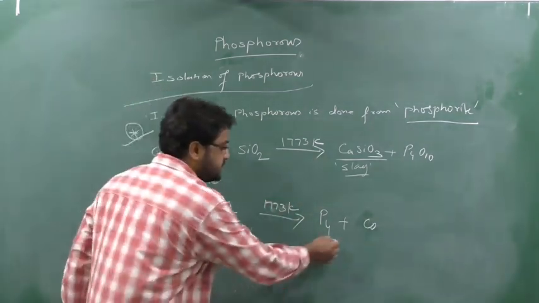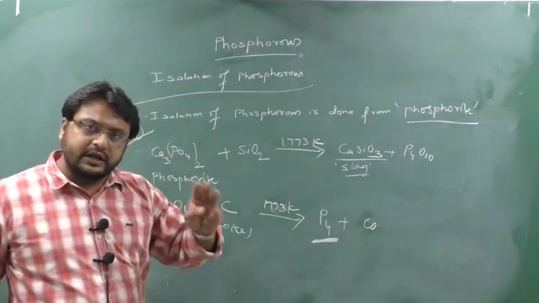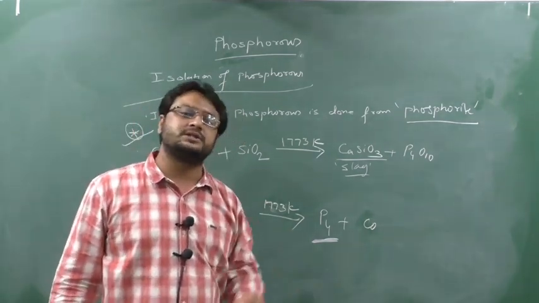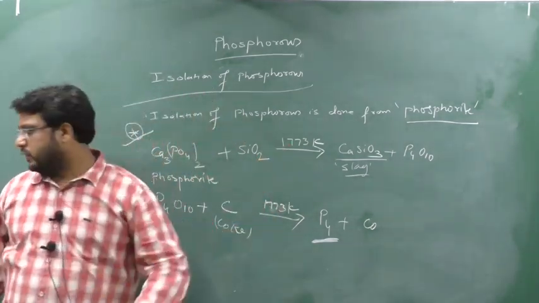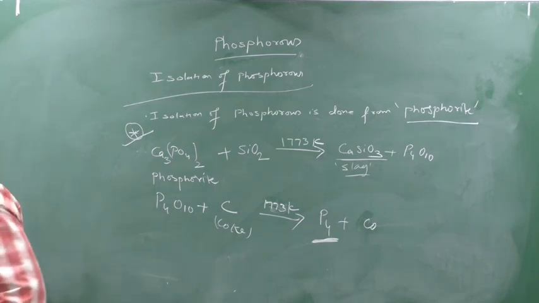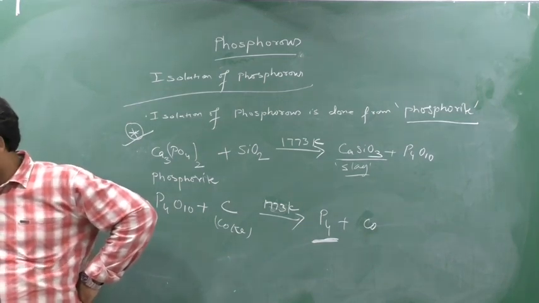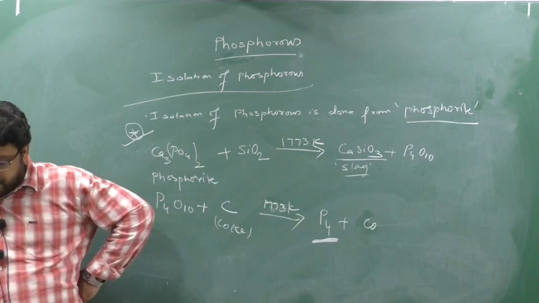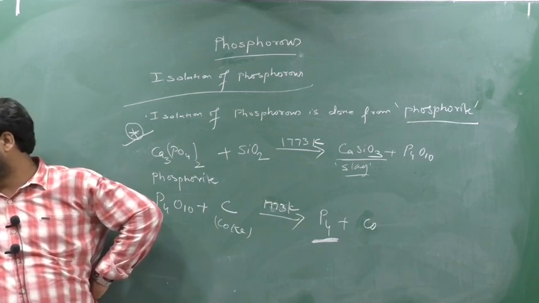Here, whatever phosphorus you are obtaining, we have three types of phosphorus. What are they? We will discuss just now. First, write down this and make a note. Write down one note that phosphorus is isolated